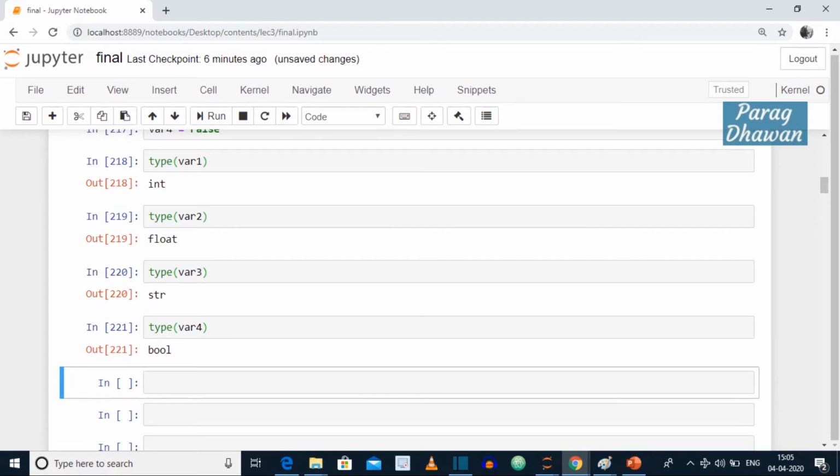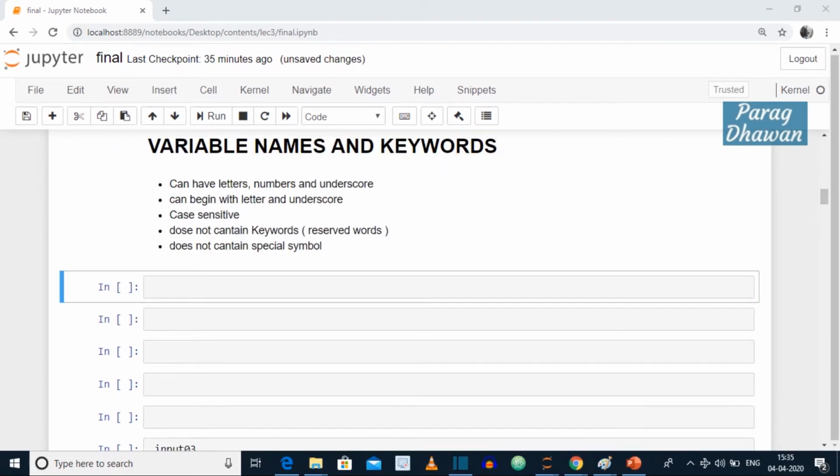Variable names and keywords. Rules for writing variable name. First, variable name can have letters, numbers and underscore. For example, input underscore 01, which is containing letters, underscore and number, is a valid variable.